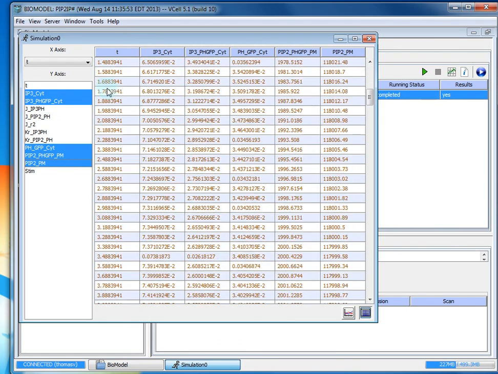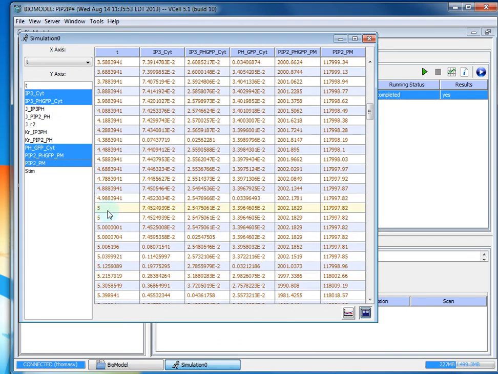And then we're going to scroll down till we find our time of 5 seconds, or as close as possible, in case your time steps didn't have it at 5 seconds exactly, as long as you get a value around that time. And so you want to highlight the concentrations for that row, right click and select copy,